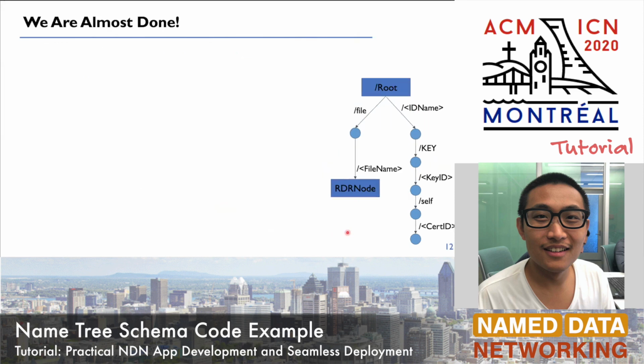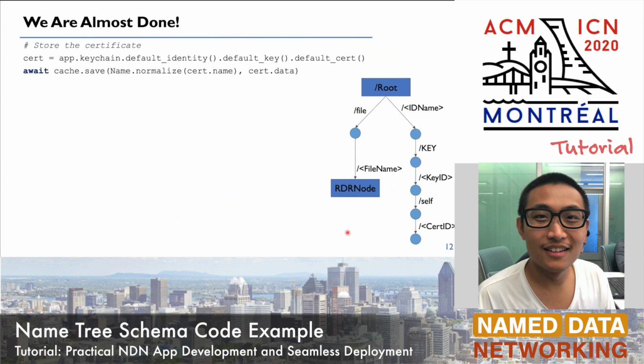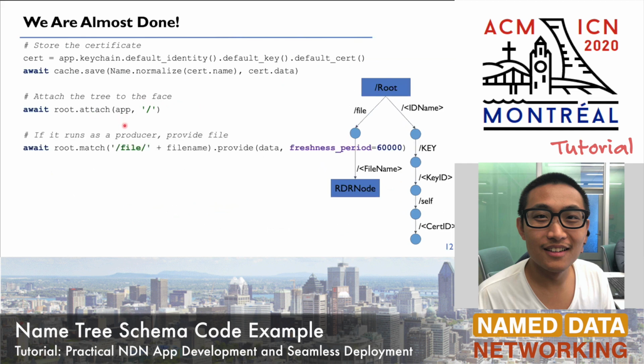So we are almost done here. The remaining things: first, we need to store the certificate into the memory, so it does not send the Interest packet to fetch the trust anchor from online. So we just get the default certificate and put it into a cache. And then we attach the tree to the face. So here we attach it to the NDN app. The NDN app is a face concept in Python NDN. And since the program can be run as both a producer and a consumer,